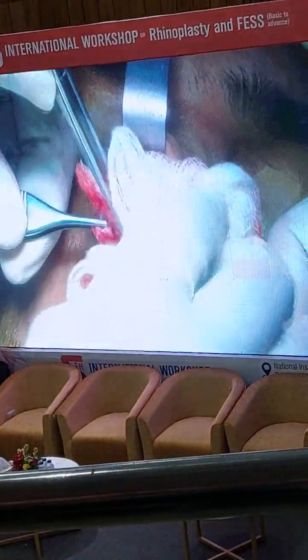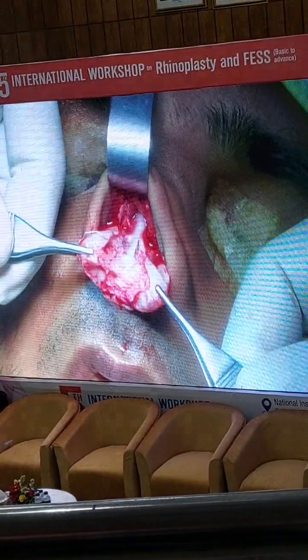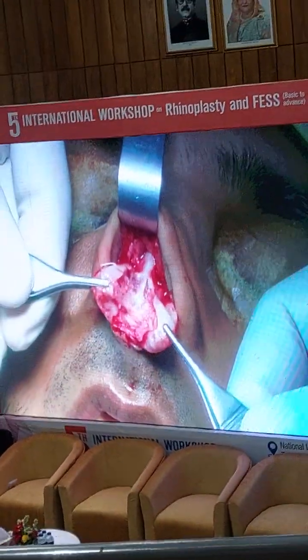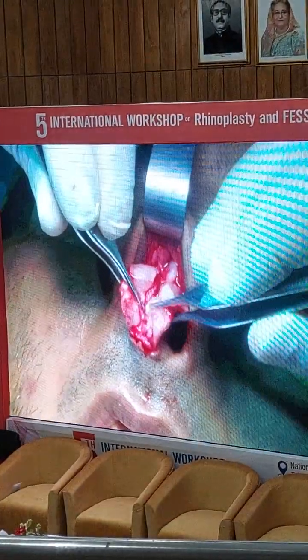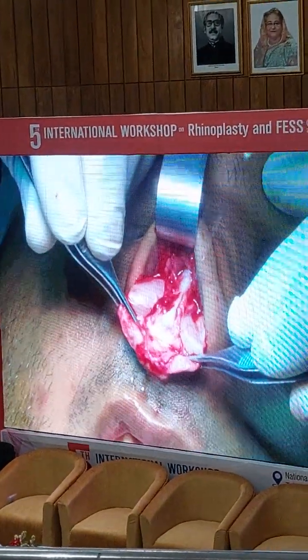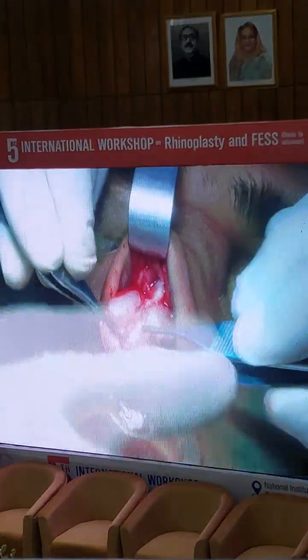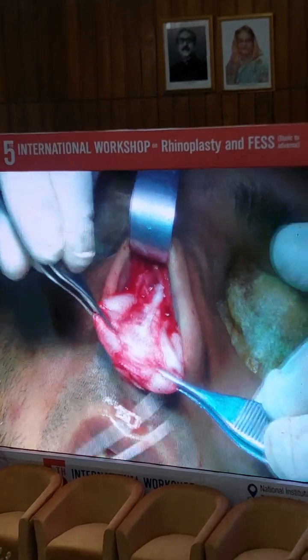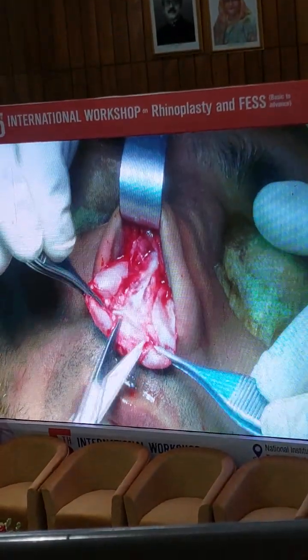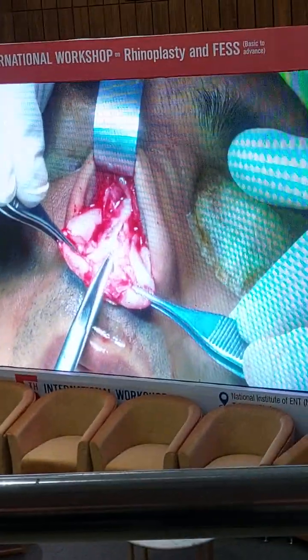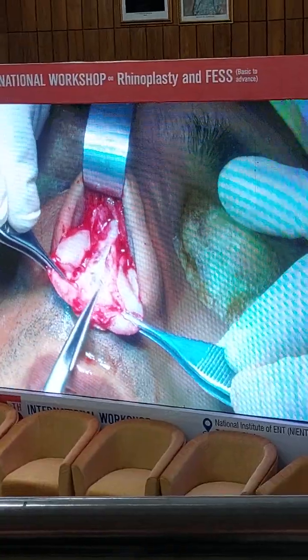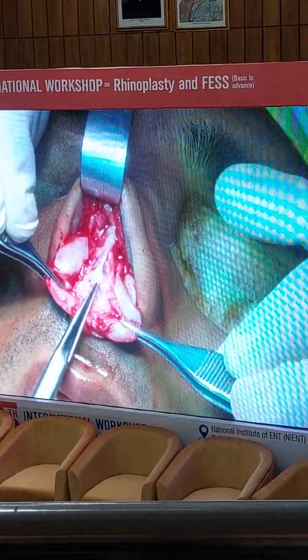So now you change the position. Earlier we held like this, now we hold like this. Yeah, like this. So again we find this neck. Okay, and just pull on the anterior inferior, just like on this angle of the mouth like this. Yes. So in your mind you should know what you want to identify. I want to identify my anterior septal angle area.